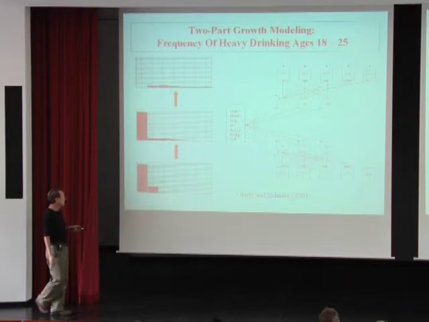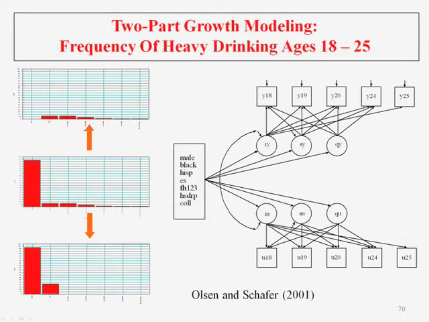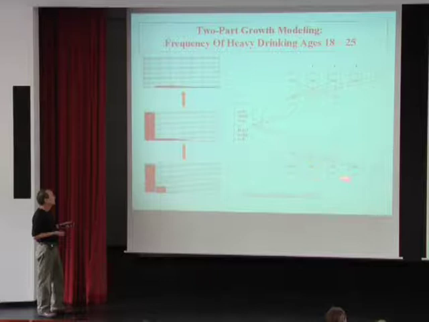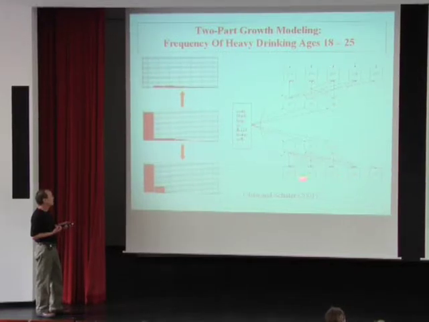So this idea was presented by Olsen and Schafer in the Journal of the American Statistical Association in 2001, and we thought it was a great idea, so we put it into Mplus. They actually describe it in different terms, but if you simplify it, you can describe it as what we will call a parallel process model. You have two processes going forward. So this is a very, very special case of a parallel process model, where in this case, the processes are